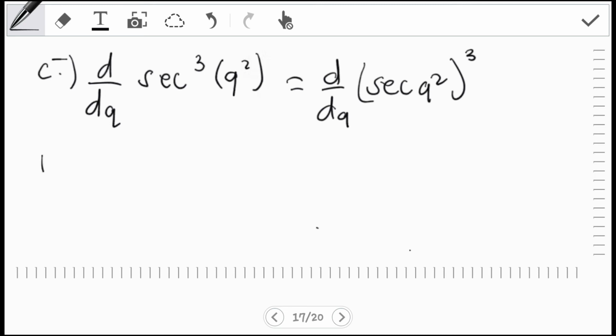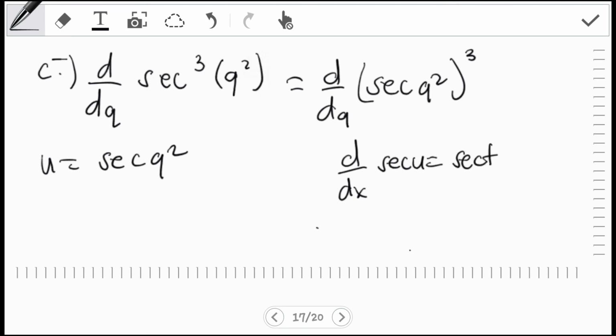So let u equal secant q squared. Okay? By applying this formula, d over dx of secant u is equal to secant u tan u du over dx,